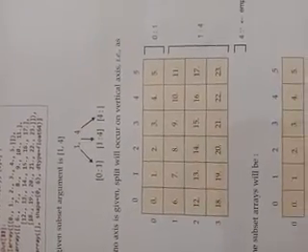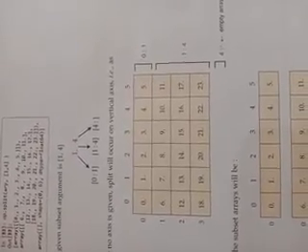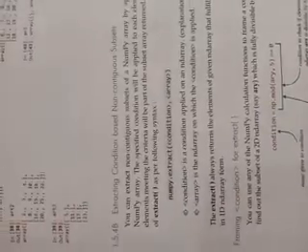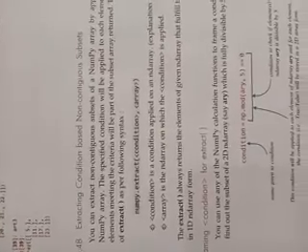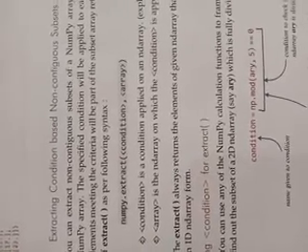Now come to extracting condition based non-contiguous subsets. Means you have to extract a subset from any existing array on the basis of some particular condition. So here we are using the function np.extract. Within the brackets there is a condition, comma, and the array, of course, upon which you have to get the values. So how will the condition run? Any condition can be defined individually. For extract you can also put the condition inside it, but it's a good practice to create the condition outside it.